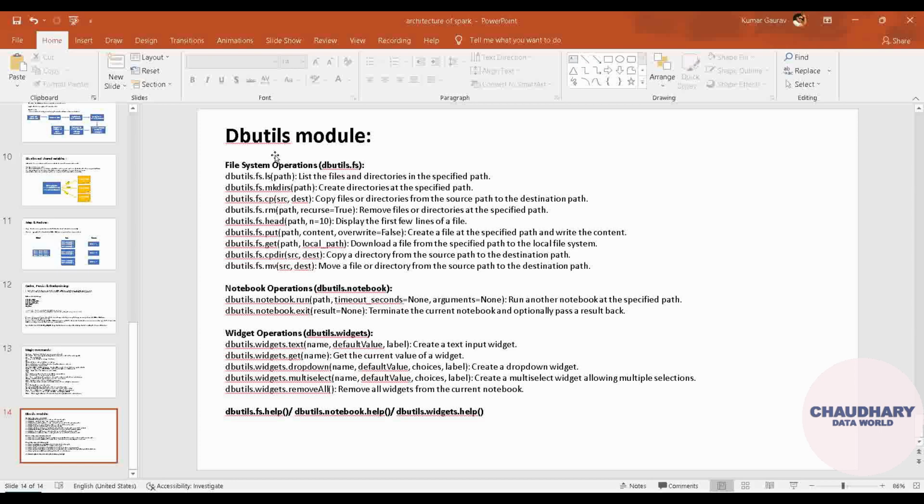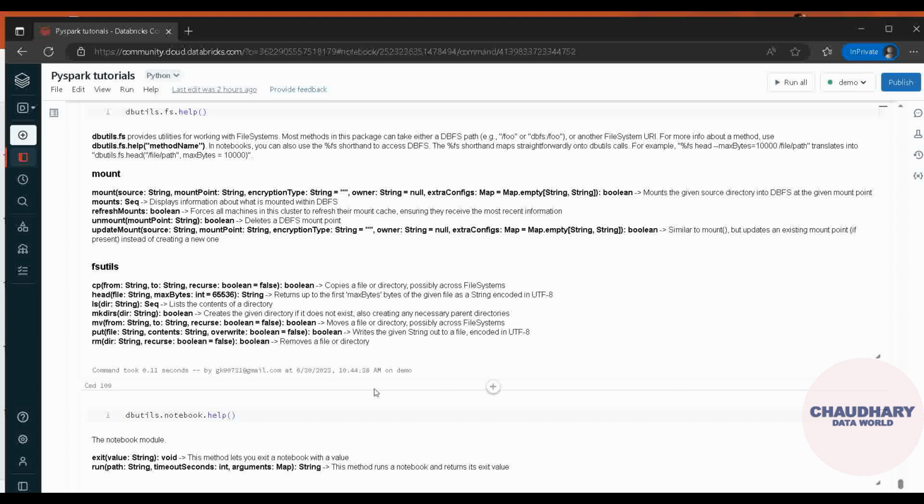This dbutils module is the utilities module of Databricks. Now what is this utilities module? If you want to interact with the Databricks configurational systems like file system, notebook, widgets, all these types of operations we can handle with the utilities module of Databricks. Now the question comes, what types of utilities, meaning what types of operations, are available in this dbutils? To get that, we just jump to the